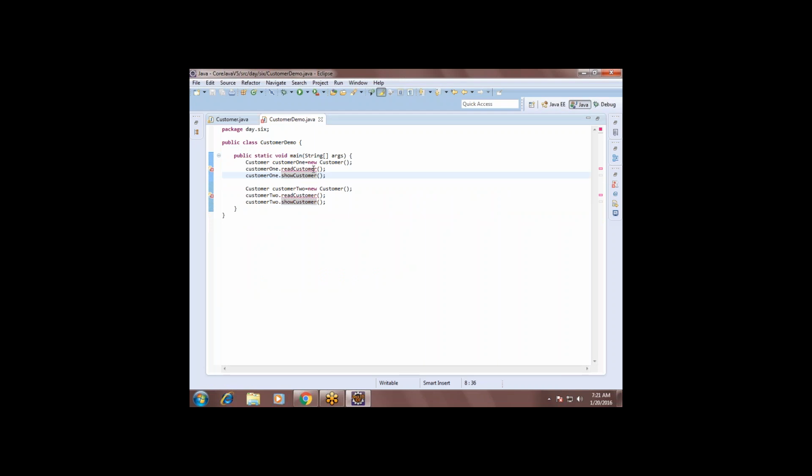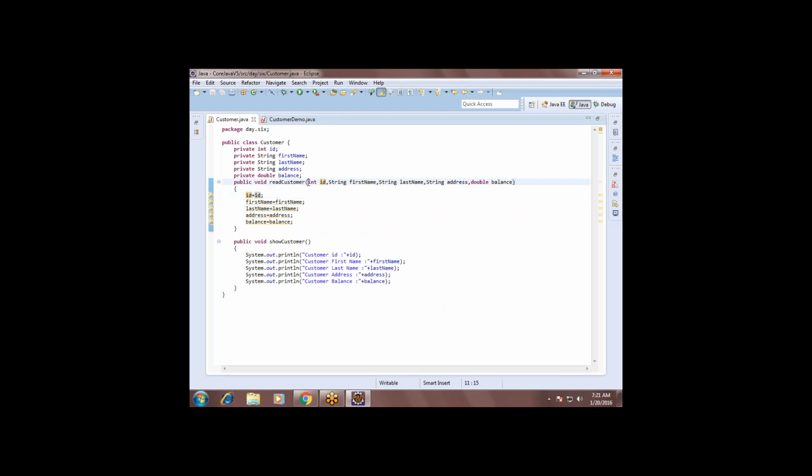Let us see. See now, the question is how you will pass the values to these local variables.